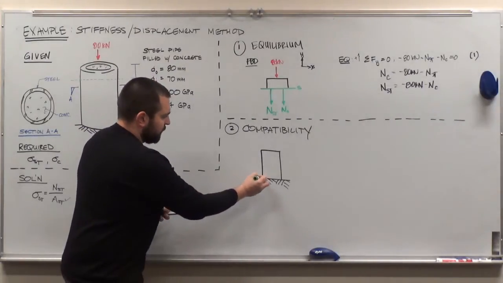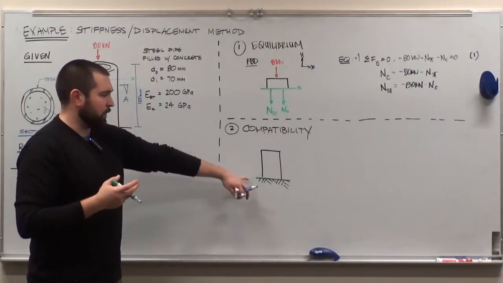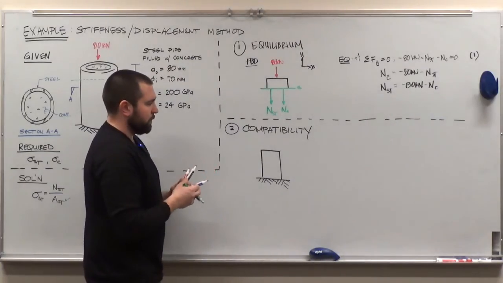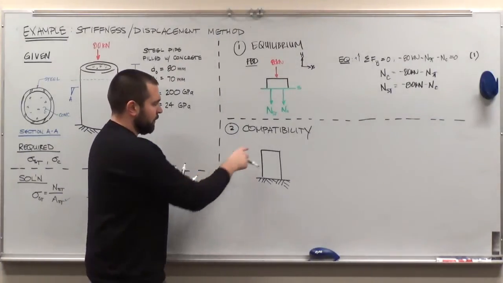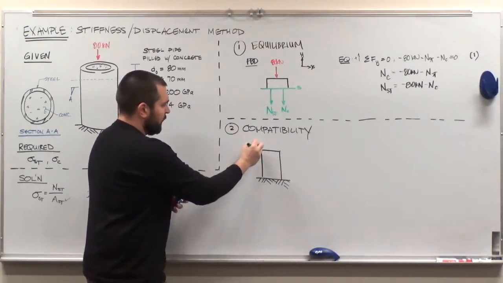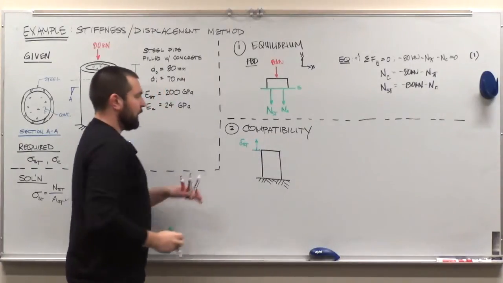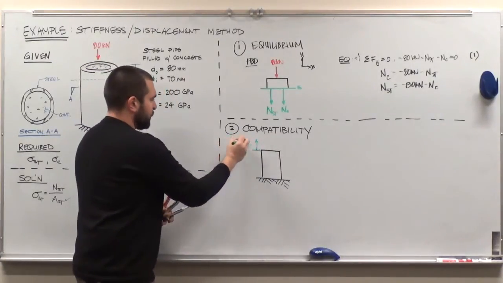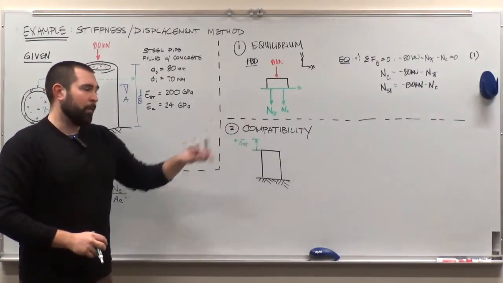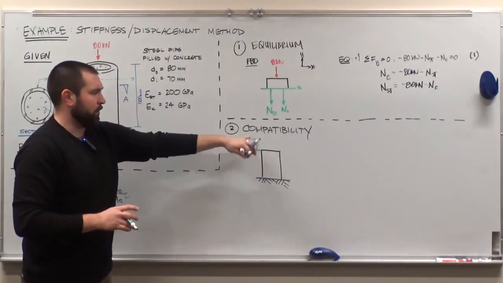We know that at the support at the bottom of the cylinder there's going to be no displacement. That's the definition of our support. And so if the steel has a positive deflection, that's going to be elongation, which means that the point up here at the top of the cylinder is going to have to go upwards. So a positive deflection of the steel means this point at the top of the cylinder is going to be moving up. For example, if this point in the steel moves up 1 inch,